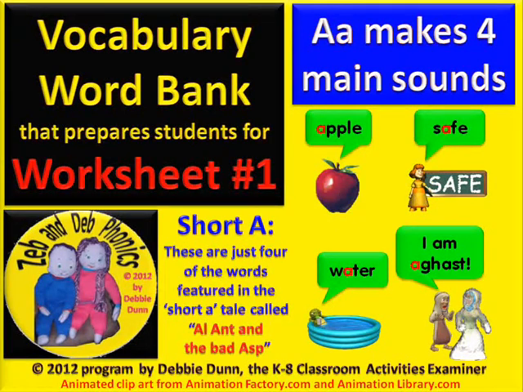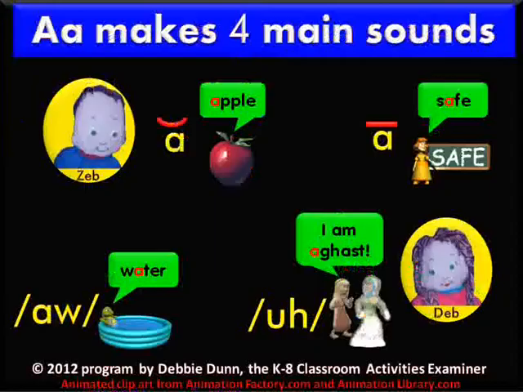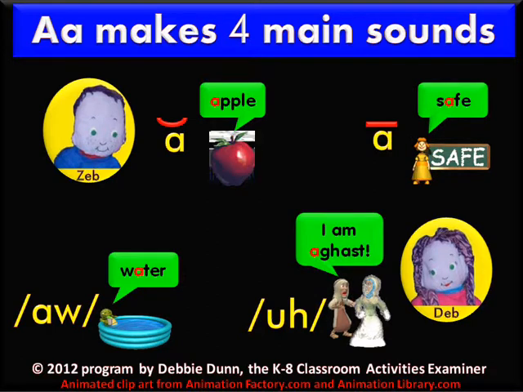The Zeb and Deb Phonics program presents the Vocabulary Word Bank Show number 1 that helps prepare students for Worksheet number 1. This goes with a short A story called Al Ant and the Bad Asp by Debbie Dunn. By the way, the Zeb and Deb brother and sister team want to remind you that A makes 4 main